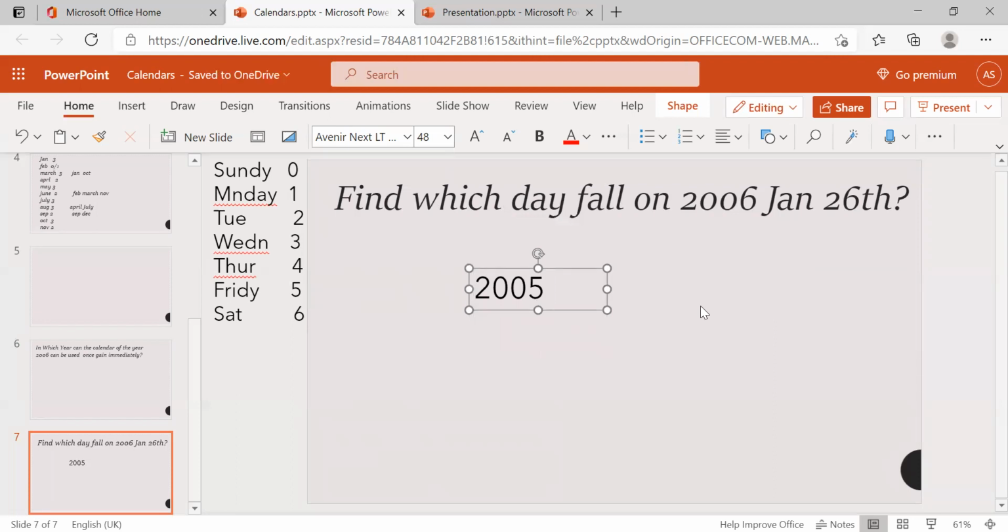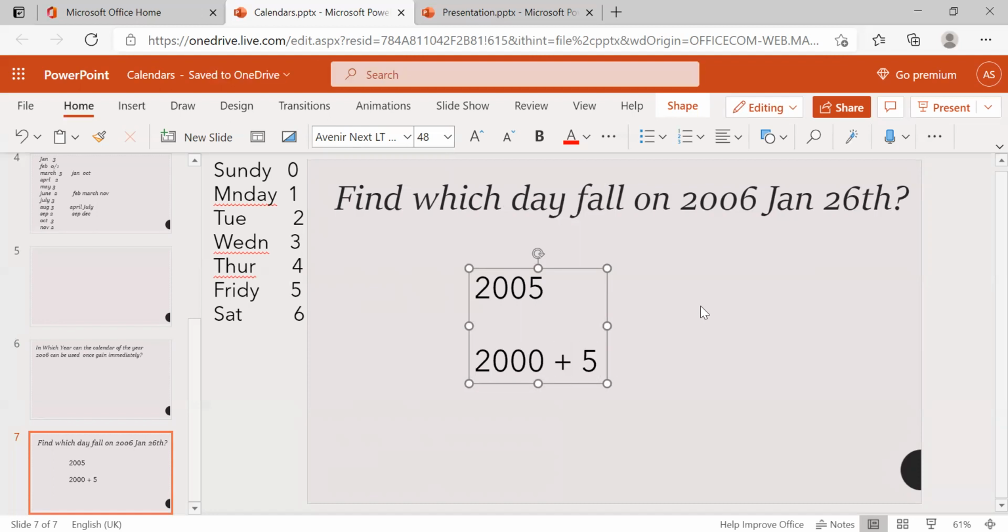We need the odd days up to January 26, 2006, and the 2006 year has just started. So 2005 years were completed. Up to 2005, how many odd days are we getting? I can write this as 2000 plus 5 years.